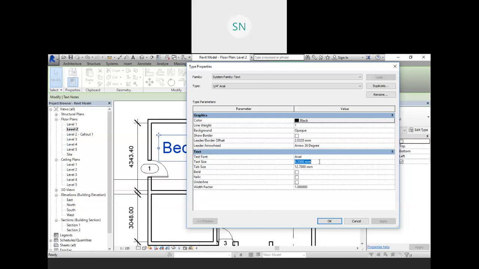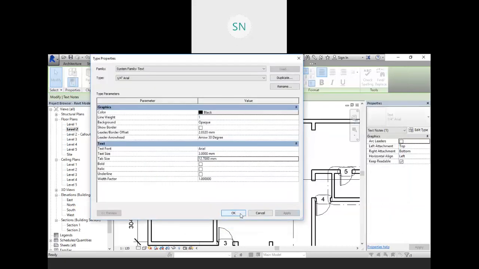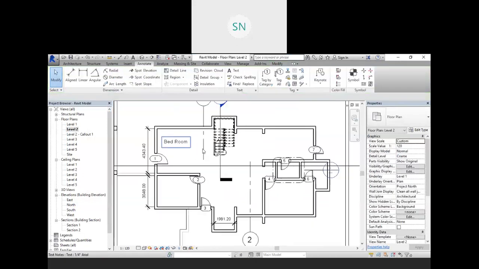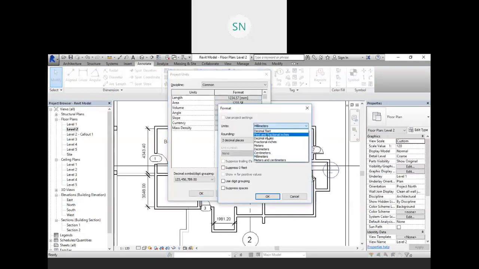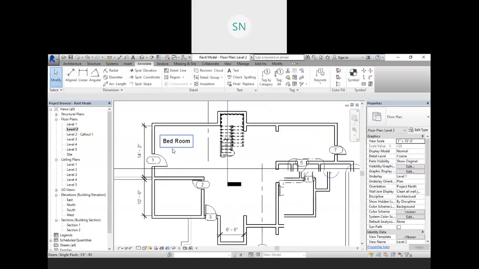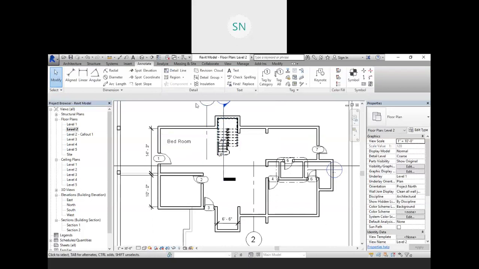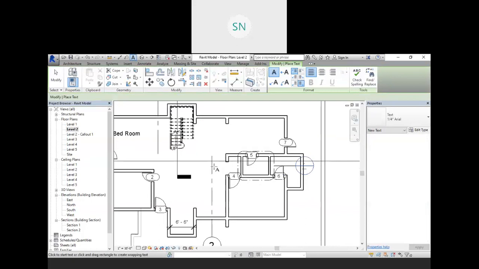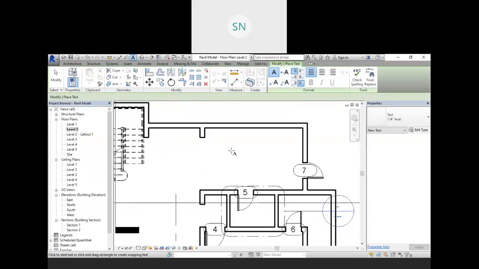Here we want 3 mm text size, right? Then hit OK, apply and OK. So I think this text size is enough. Now again convert your unit to feet and inches. Okay, so everything is now in feet and inches. So in this way we can place text with the help of this text button, right? For example, this one is kitchen.